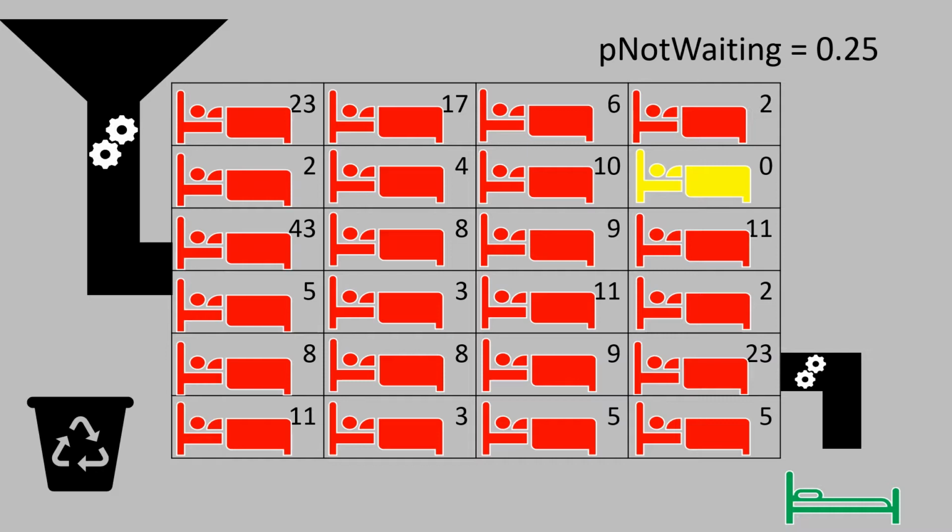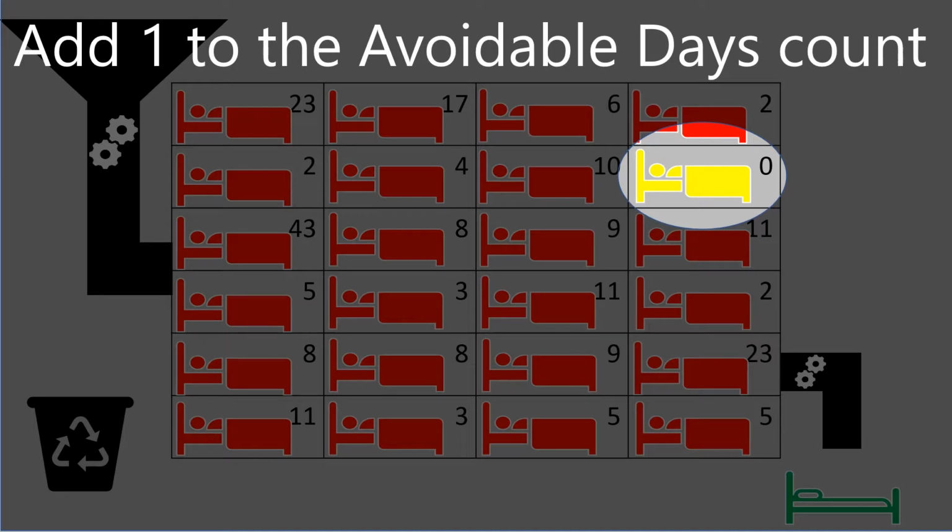Now let's suppose that Rex has set the p-naught weighting to 0.25. The model tests every patient that is ready for transfer, and it appears today is not that patient's lucky day. They're going to remain in the ICU for one more day. And as the simulated day ends, the model goes through all of the ICU beds and finds any patients left who are still ready for transfer and adds them to the avoidable day count. After 1 billion patients have been run through the model, the total number of avoidable days are counted and the cancellation rate is calculated. Rex ran the simulator through every combination of p-weighting and p-naught weighting, and he found that